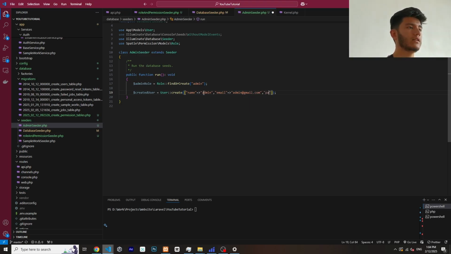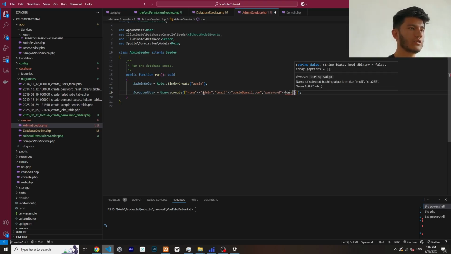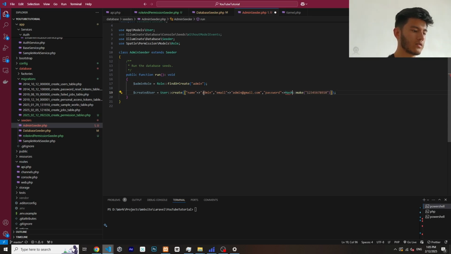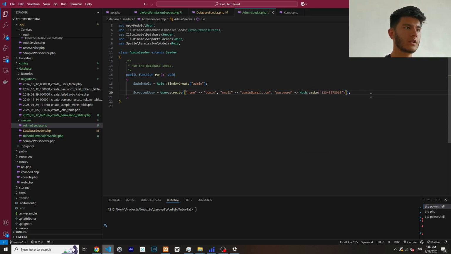And after that, for the password we have to create a hash. No, not this one. Hash. Hash make. 2, 3, up to 10. Yes, this one. Create the hash, and after that we have to